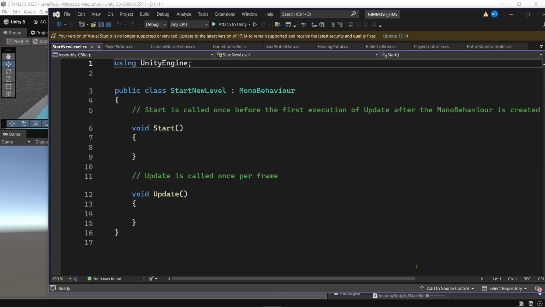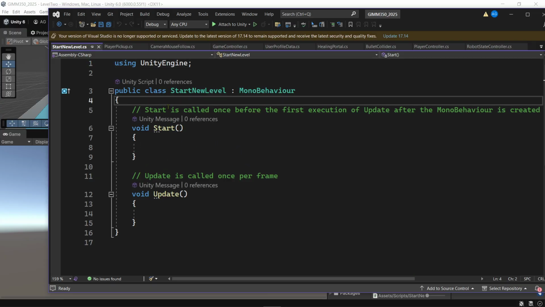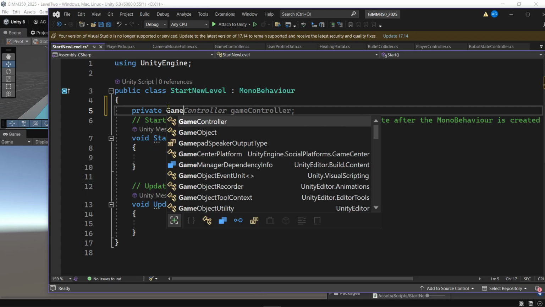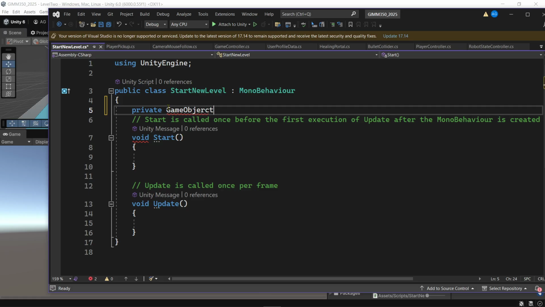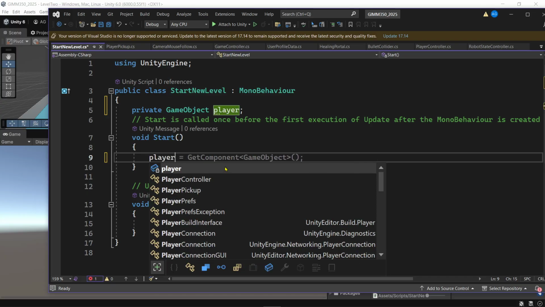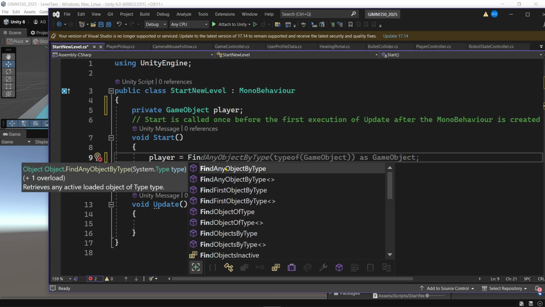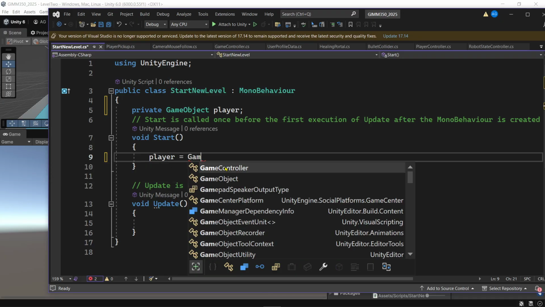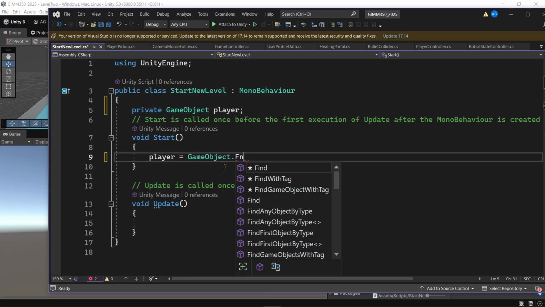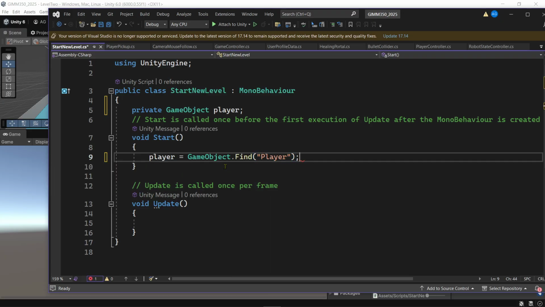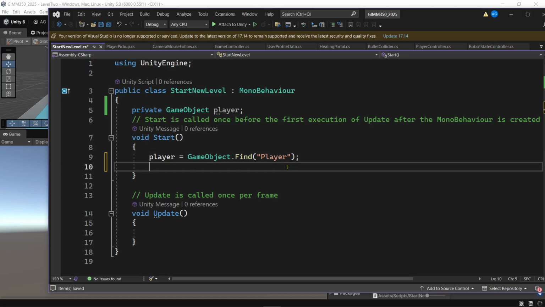With this, we're going to have a private game object player, lowercase player, and we're going to say player equals game object dot find player, and then we're going to say player